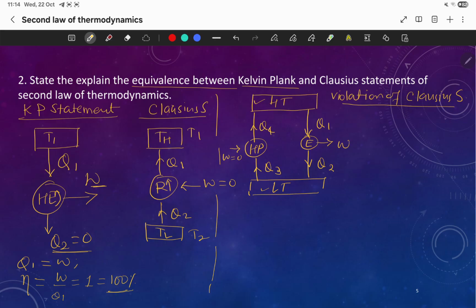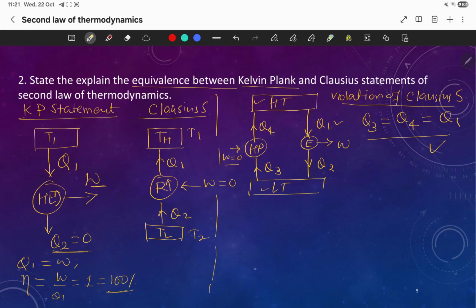If I write the energy balance, Q3 equals Q4 because there is no work done, and this Q4 will be equal to Q1 because we are extracting the same heat from the hot reservoir. I hope it will be clear to you that if this condition is fulfilled, then